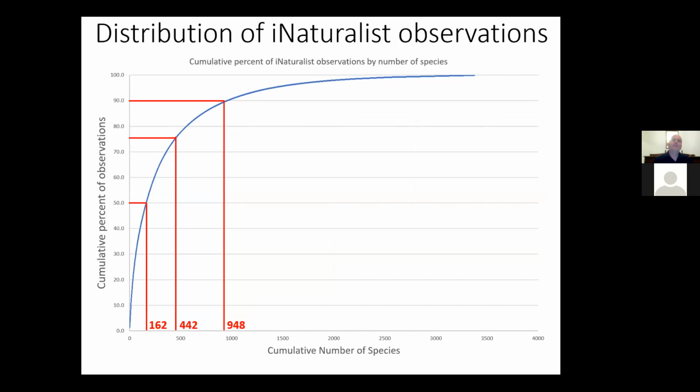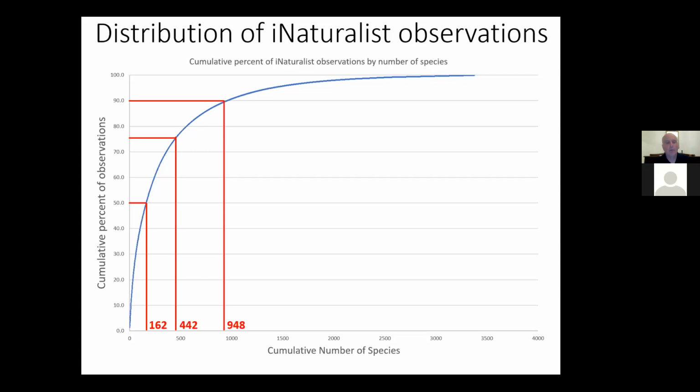Something interesting I thought I'd throw in: by looking at all of the iNaturalist data, it was interesting to see what flowers people are using this on and what the distribution is. On the x-axis, you have how many species. All the species were ranked based on how often they appeared in the iNaturalist observation data, and then the cumulative percent. For flowering plants, there are about 2,500 different possible species that would be in Ackerfield's